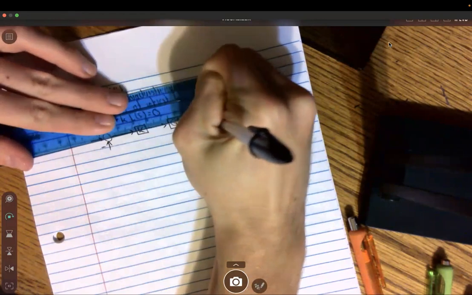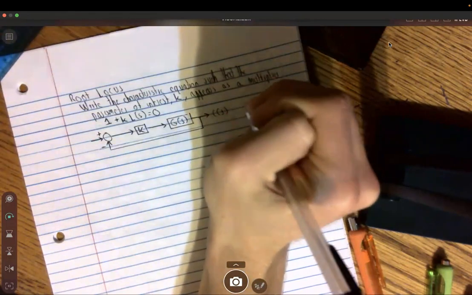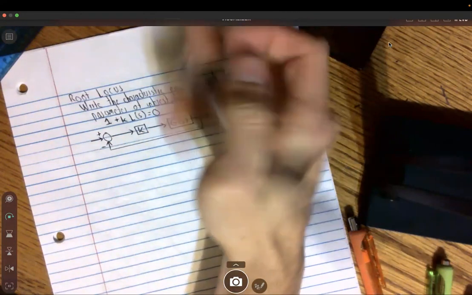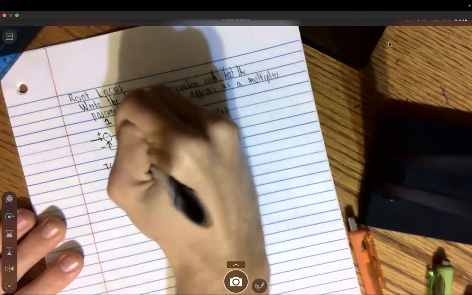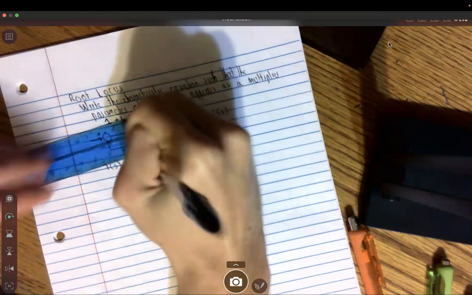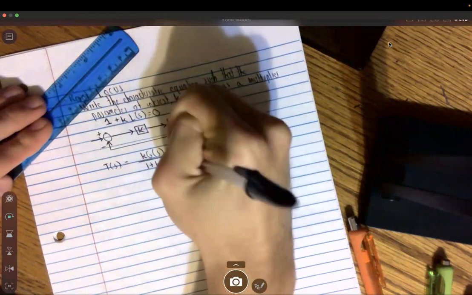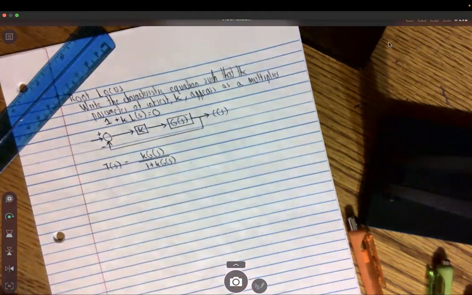And then this is produced to the output, which is c of s, but it was connected here and there was feedback. But we said that, remember when you make your t of s here, it was k g of s all over 1 plus k g of s is equal to, and so when we look at the poles,